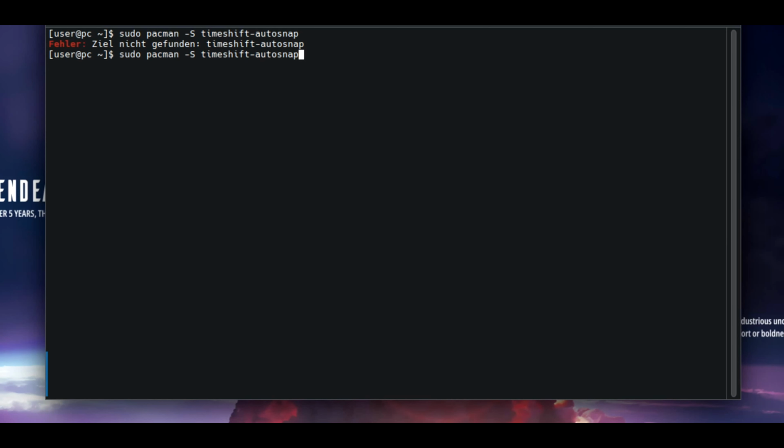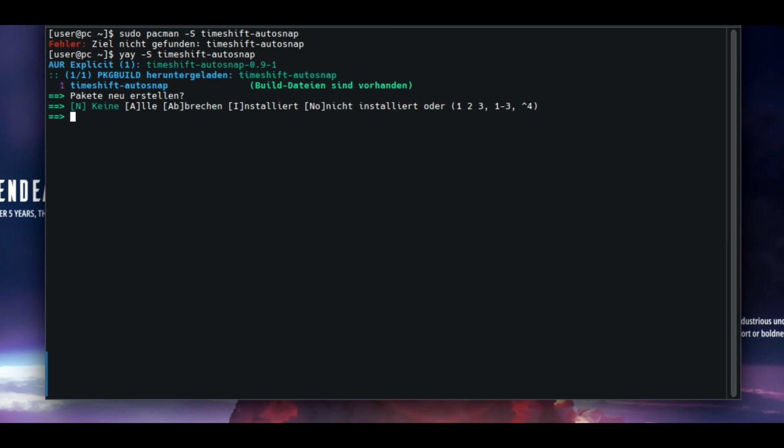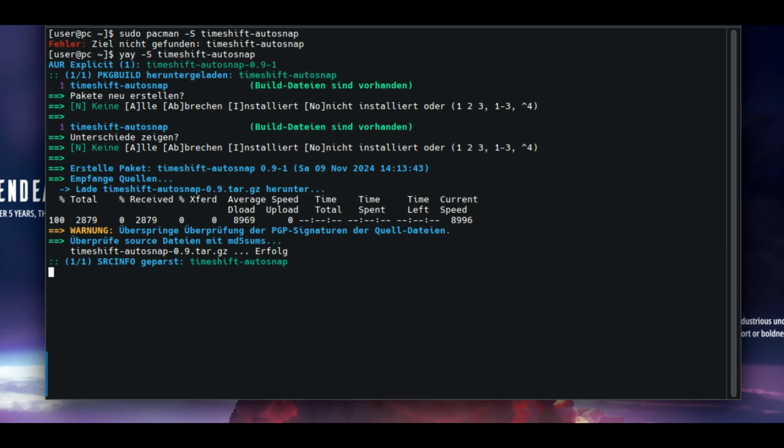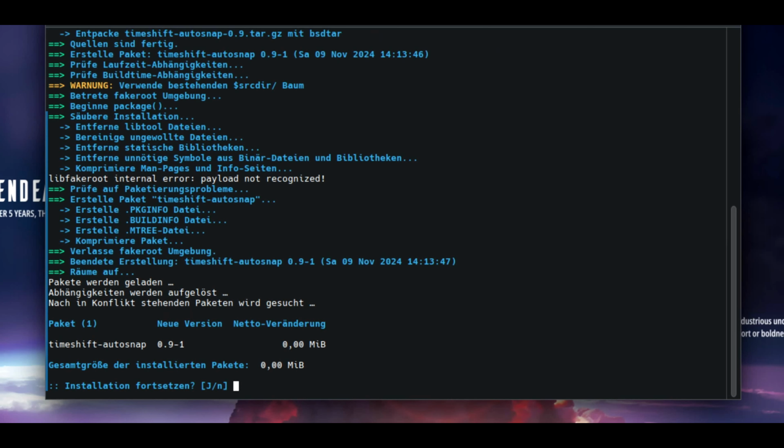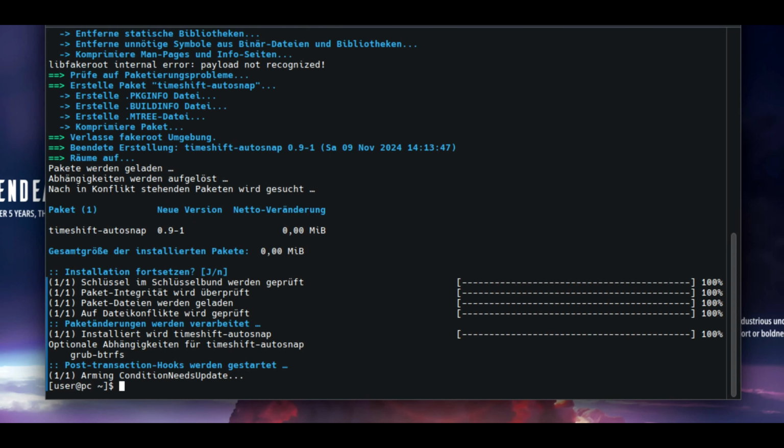In the Arch User Repository, or the famous AUR. And how are we going to do this? We just delete pacman and sudo and replace it with yay -S timeshift-autosnap, and then press enter. So now we've installed this extension. Okay, now